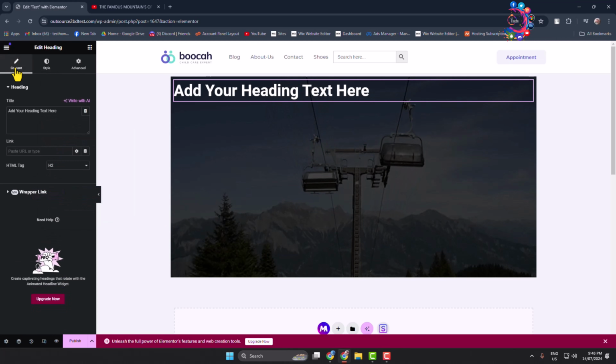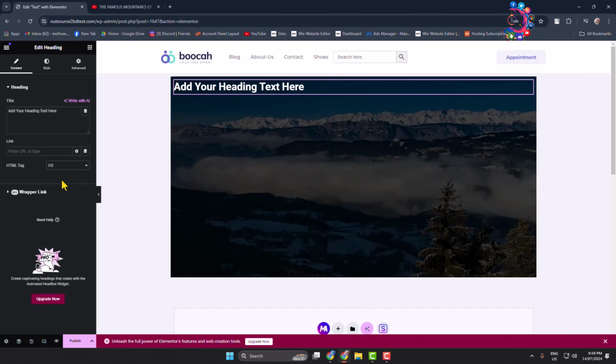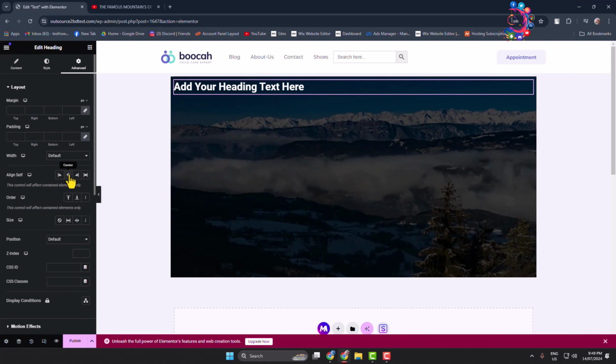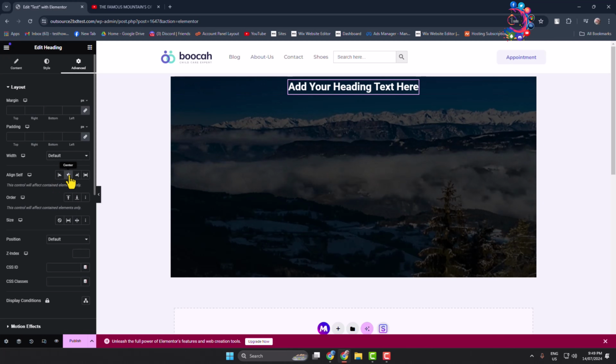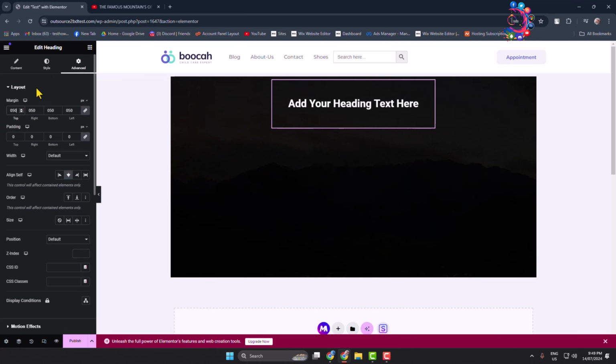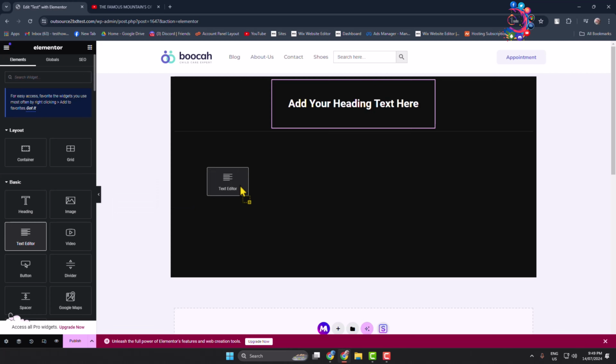So I'm going to content and selecting H3 here, and now go to advanced section, and from here you will be able to align your heading text, and I'm giving some margin here and going to widget again, and now I'm just adding text editor under the heading,